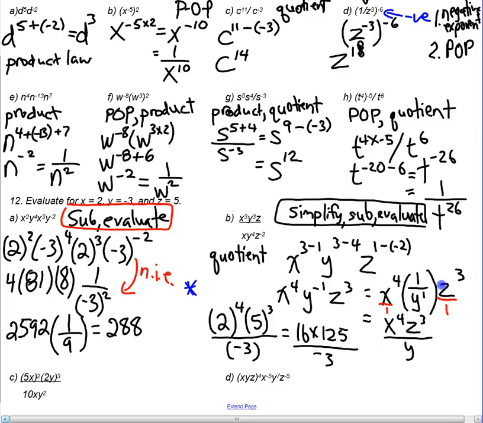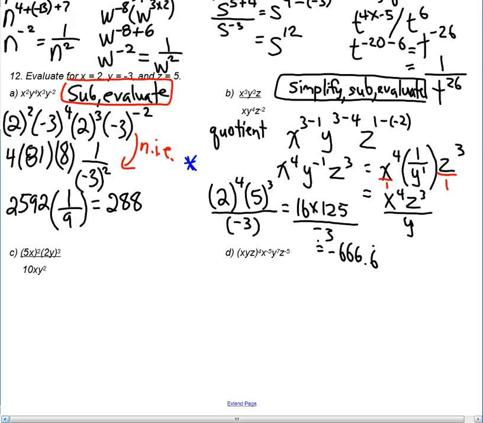And I get -666.6 repeating. That's approximately equal to,